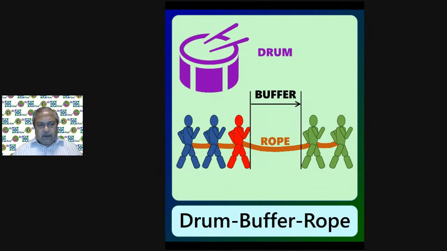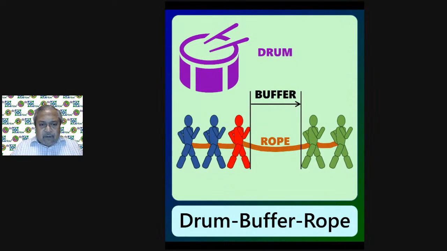A beat is something which is talking about how fast you're walking, like the ones which you do in schools when we did the march past, and that beat is something which is giving the pace for the 5 people to walk. As they're walking, imagine that there is some kind of an issue with the constraint, right? Now we'll talk about first the drum. What is the drum? A drum is something which is ensuring that the beat continuously happens. There is no problem with the rhythm. So that rhythm is created by the drum.